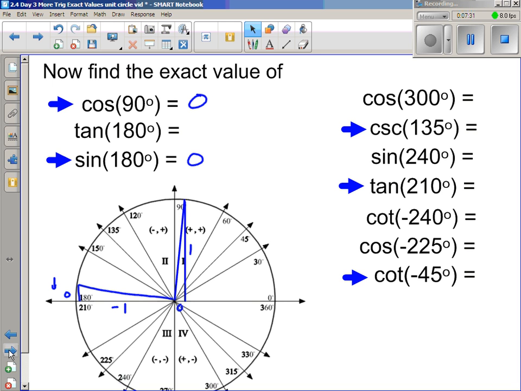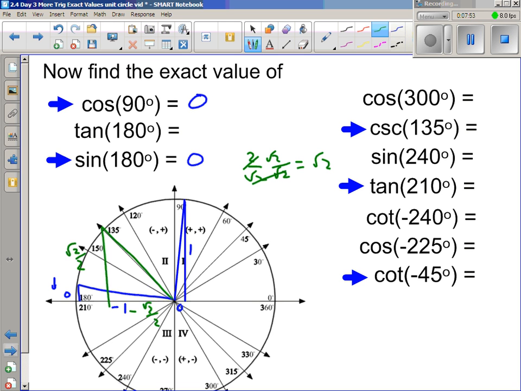Cosecant of 135, that's going to be out here. Reference angle of 45, that's got a root 2 over 2 and a negative root 2 over 2. Cosecant's 1 over sine, and that would be 2 over root 2, and that would be a positive square root of 2. If we looked at